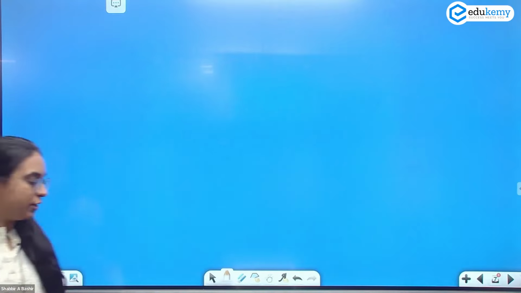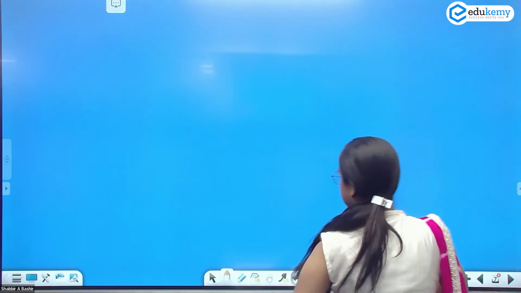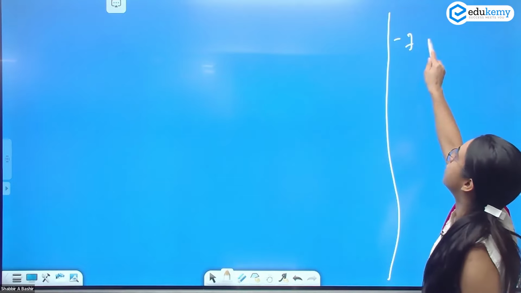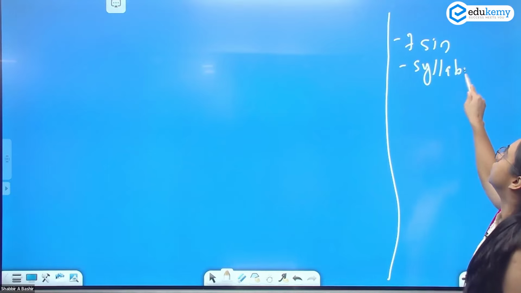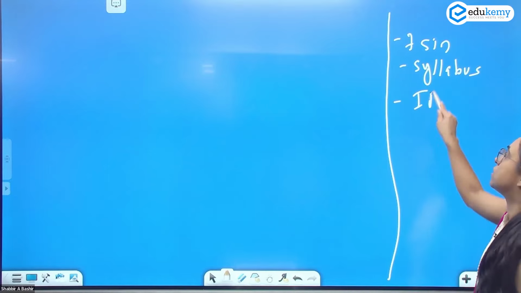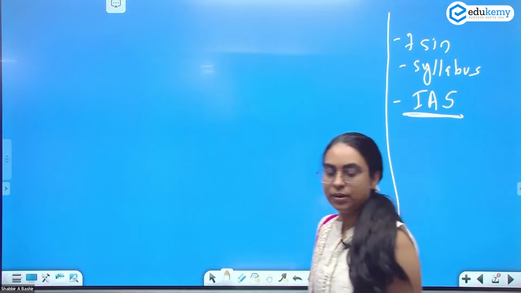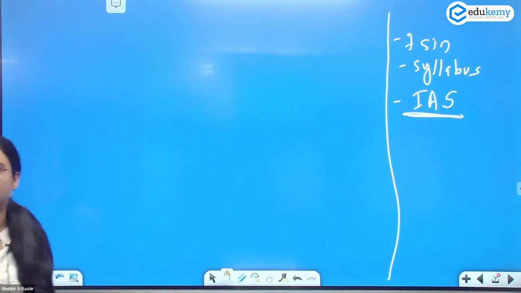You need to have a list of IAS officers who have set examples in front of India. You have to remember 7 sin. You have to start learning your syllabus, and I said you will have to search for the IAS officers who have set some examples. कुछ नाम मैं बता देती हूँ, लिख लो, सर्च कर लेना इनके बारे में.